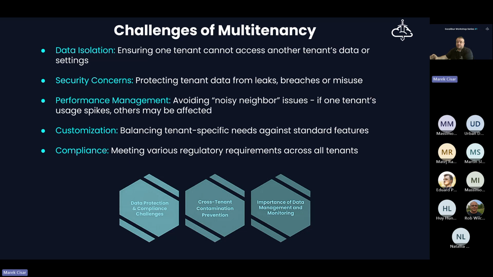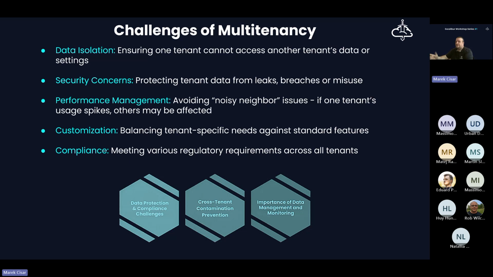The other challenge is, for example, that we have multiple tenants, and one of them is quite performant, so it is taking quite a huge load of the system. So we must be sure that this does not affect the other tenants in some negative way.